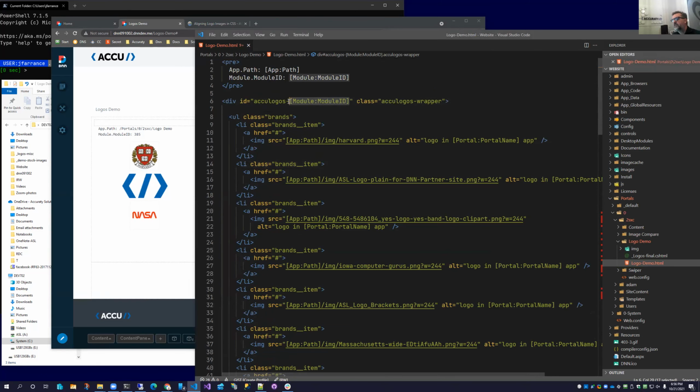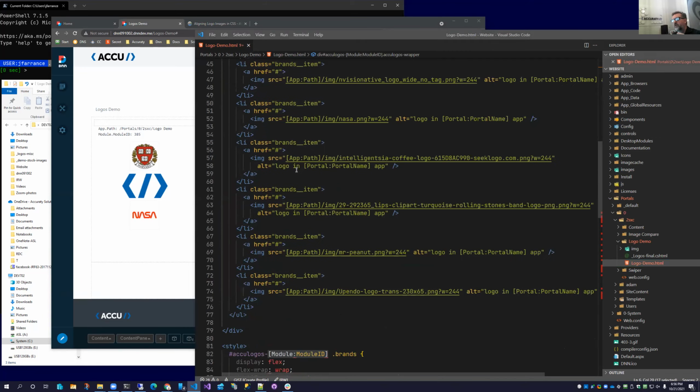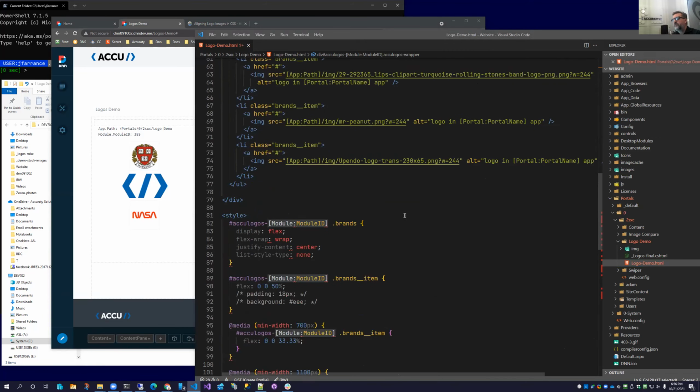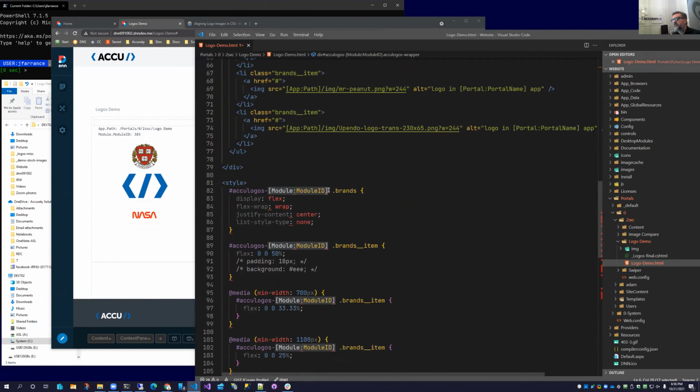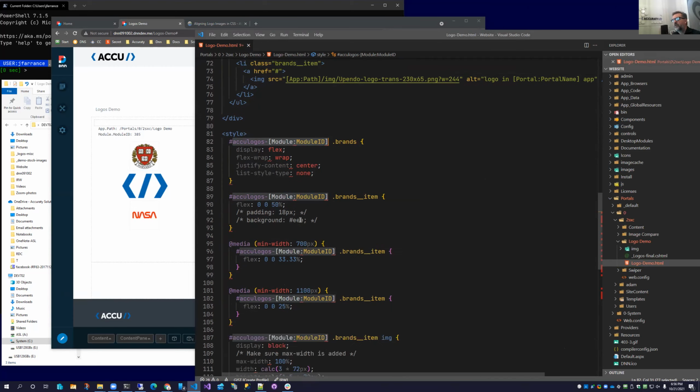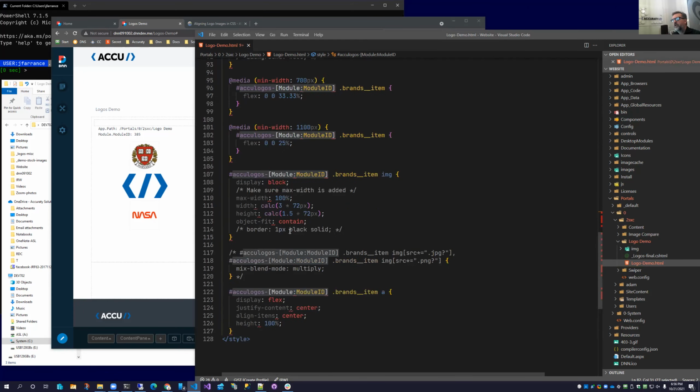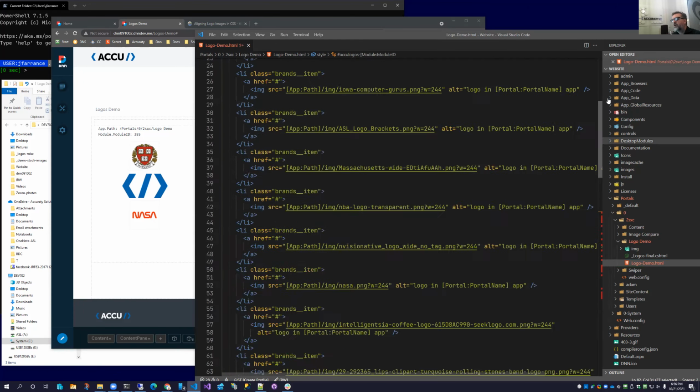I'm doing this module ID thing so that my wrapper actually, I kind of have a pet peeve around here. We have an employee or two that writes very leaky CSS. So you'll notice the module IDs have wrappers on all of the inline CSS we're doing right here. But I'll come back to that in a little bit.